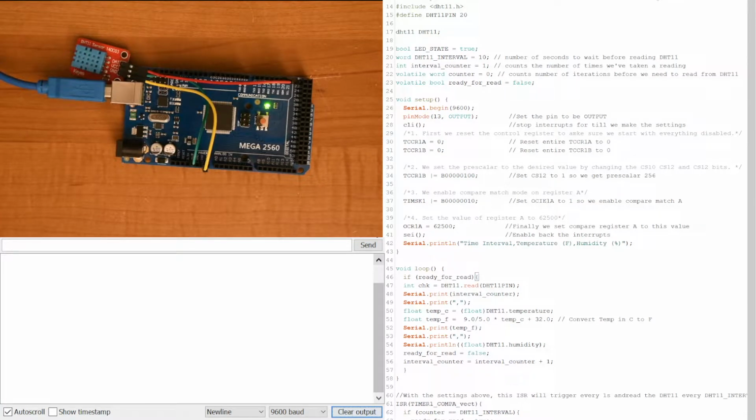Hi, and welcome to our demonstration of project number 2 for the JHU Embedded Systems class. Today, we'll be going over our project, which is to take temperature and humidity readings from a DHT11 sensor using interrupts. So from the top, we can see that we're using the DHT11 library to actually read in data from